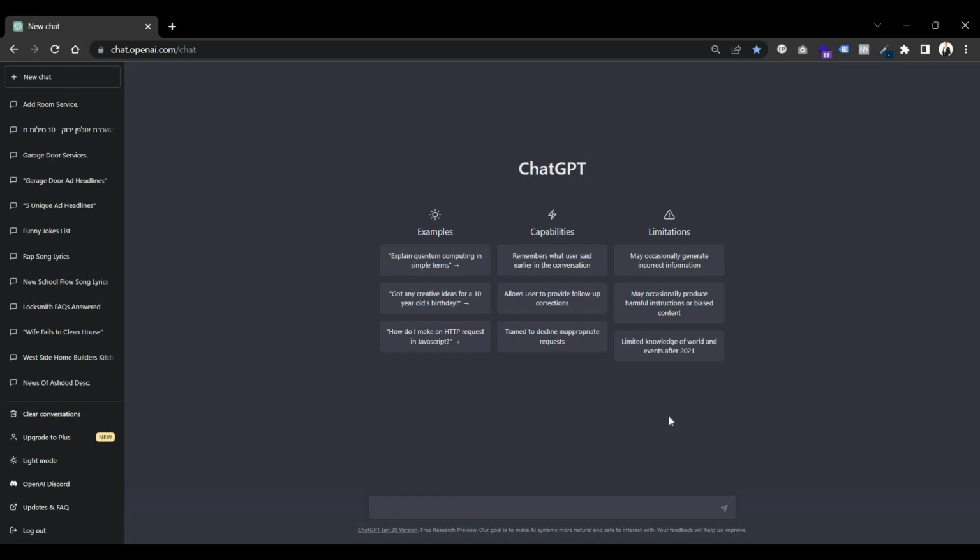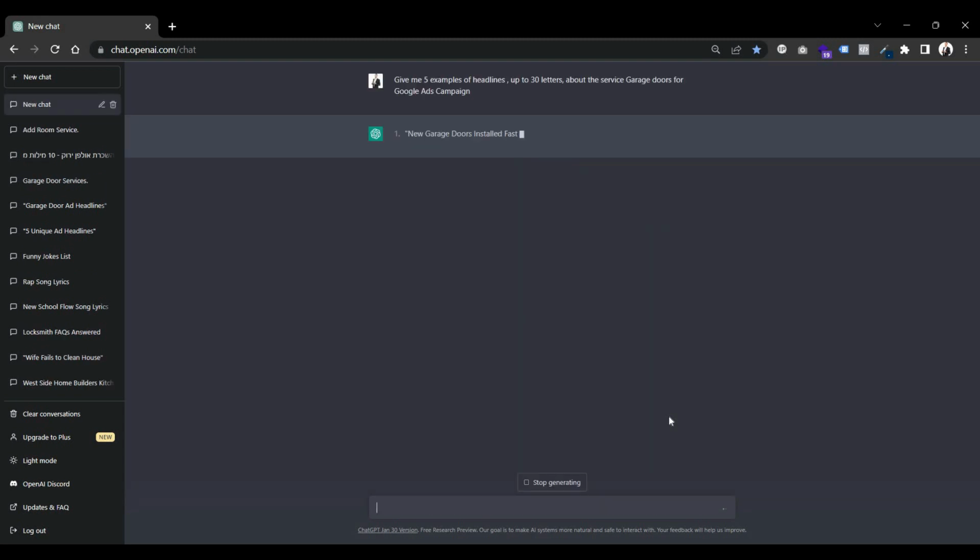just to do Google Ads research for keywords and some headlines and descriptions for the ads on the service garage doors. So let's take for an example this request. Give me 5 examples of headlines up to 30 letters because it has a limit, about the service garage doors, and of course I can add for Google Ads campaign if I want to. This will have more meaning to the chat, so it will give me the exact headlines that I want for